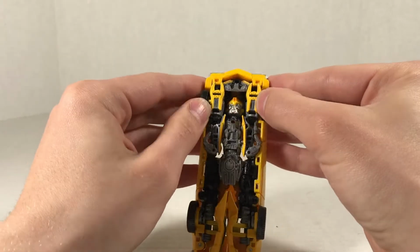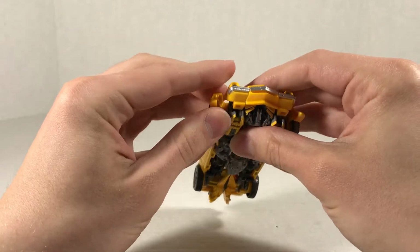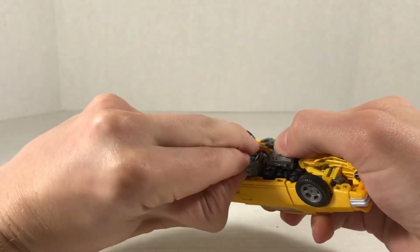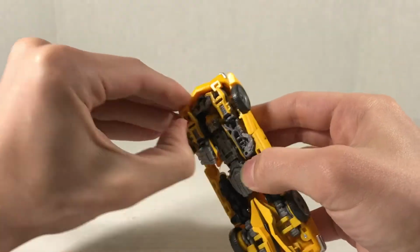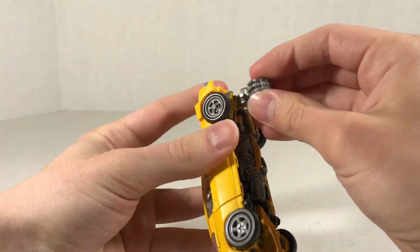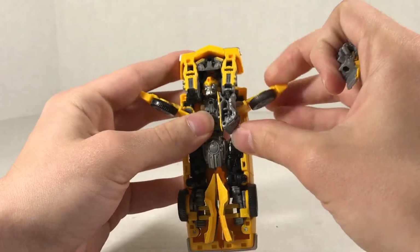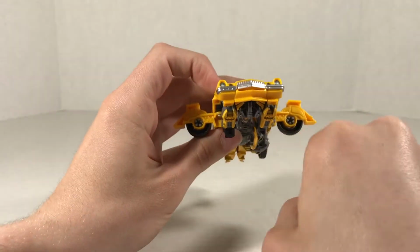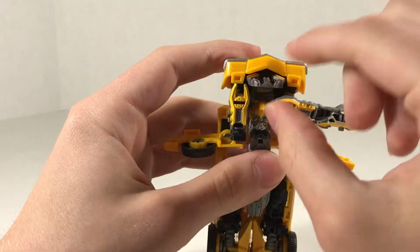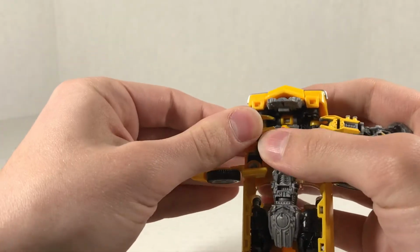The easiest way to start is we're going to come to the sides. We're going to pull these wheels out a little bit, just so we can get clearance to come under here and pull the arms out. This is loose, and I'll get into why when we get done transforming. Then come pull this out, and you'll have the clearance to get those wheels all the way out. And you just rotate the arms. You actually flip this up too, just so you have a little more clearance because of those shoulder spikes he's got going on there. Do that, flip that out,